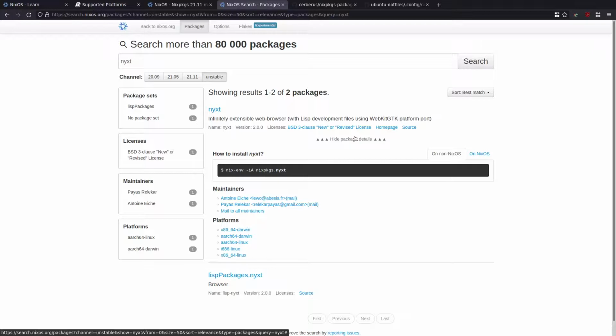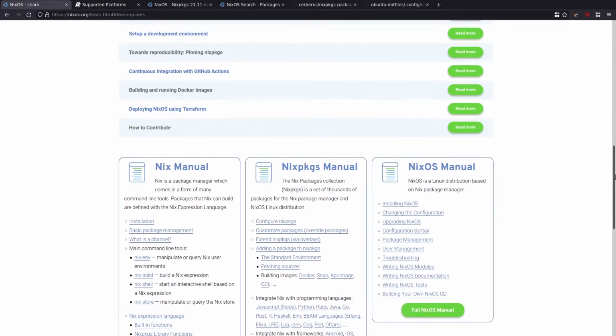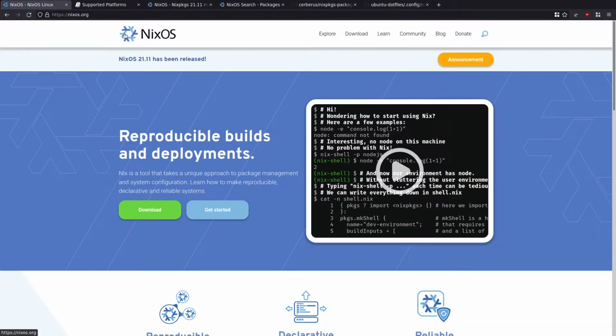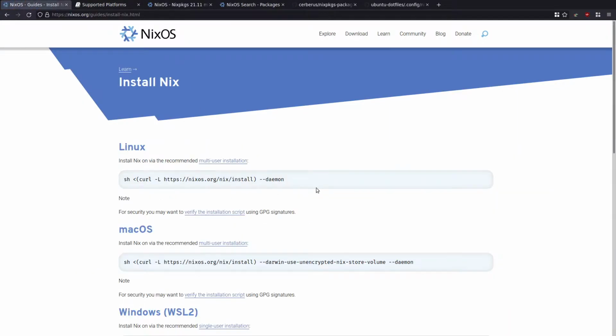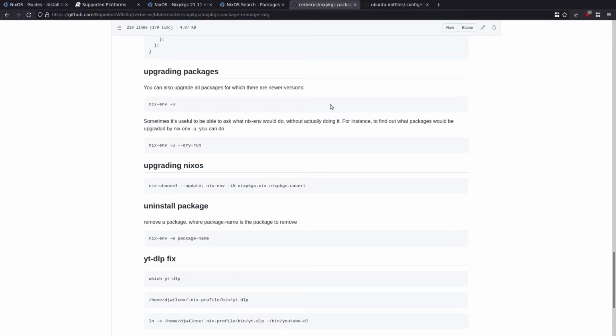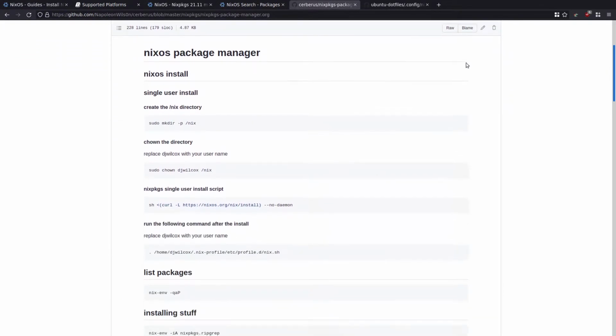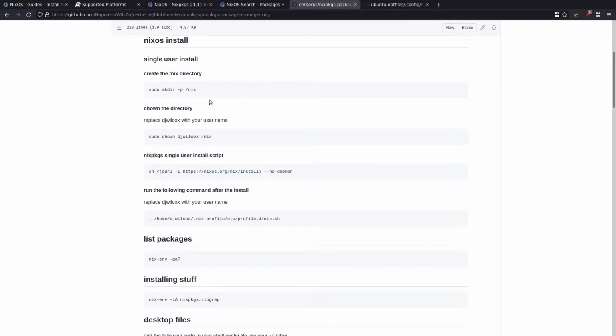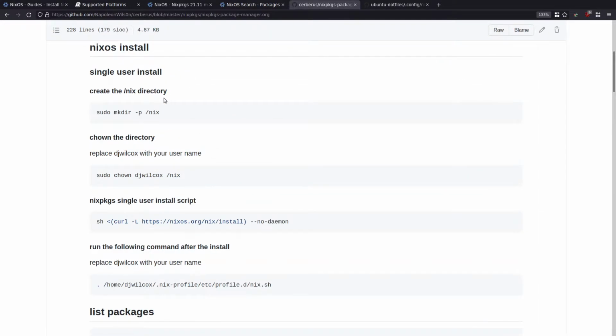So yeah, probably rattled on enough about this. But yeah, the main site, nixos, just get started, install Nix, and remember, don't run this command, run the --no-daemon option, as I mentioned in the notes. You know, create all the directories and everything. So just one last time, let's have a quick recap. For the single user install, we created a directory. Just make that a bit bigger. Create the directory,